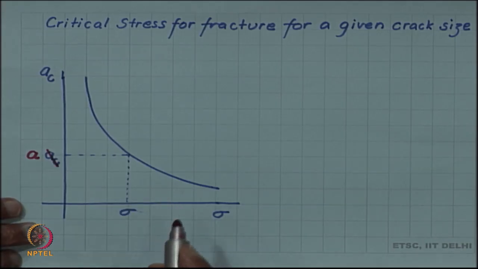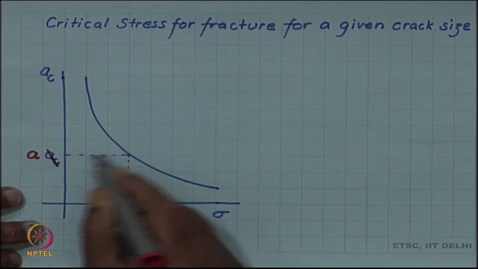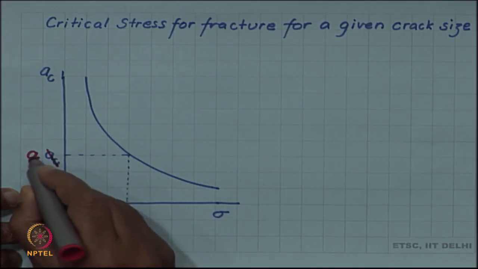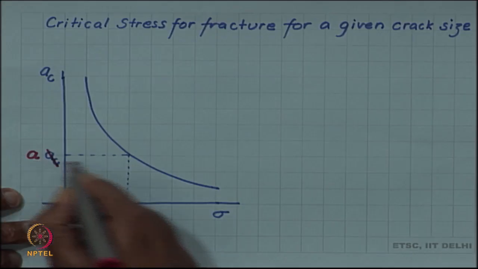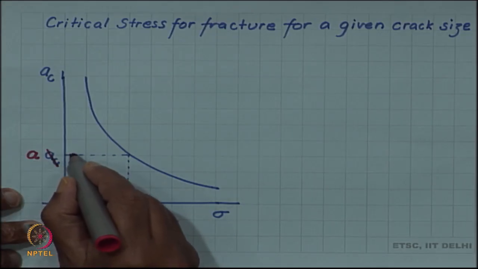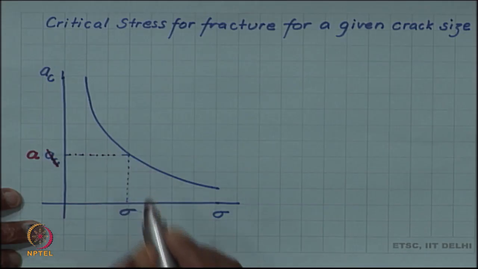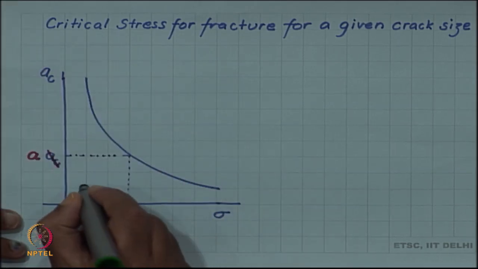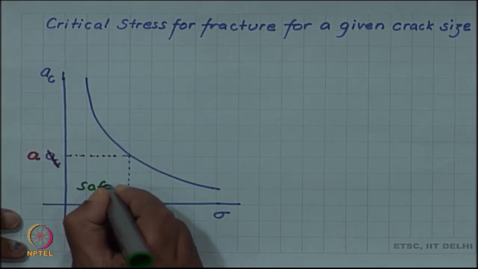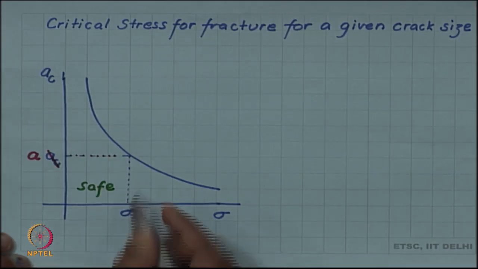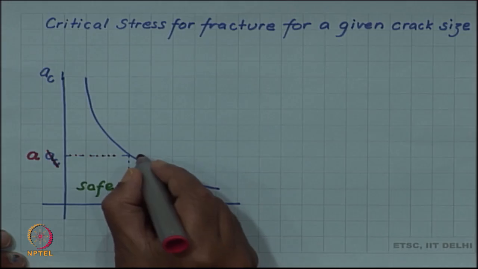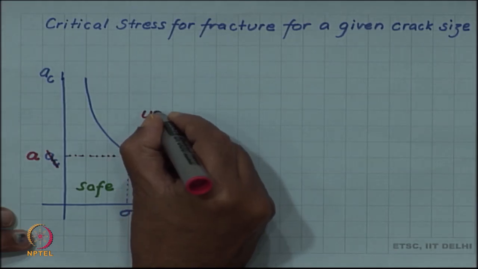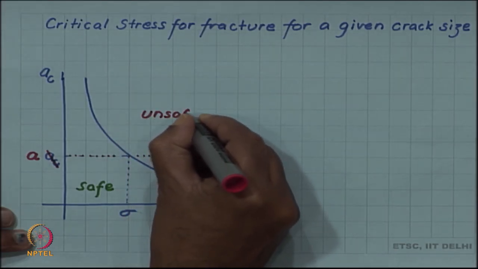Now, we have already seen that at this stress, this was the critical crack size. Now, if I start for a given crack size with 0 stress and gradually increase the stress, you can see that I will remain in the safe region. We had seen that this was the safe region below the curve. So, I remain in the safe region till I hit the curve again. Beyond that, I will enter the unsafe region or the crack propagation region,